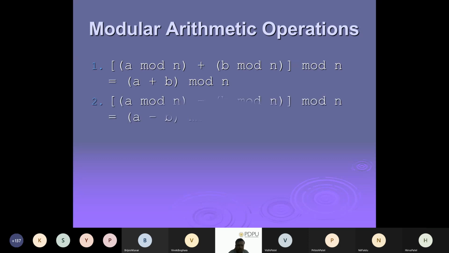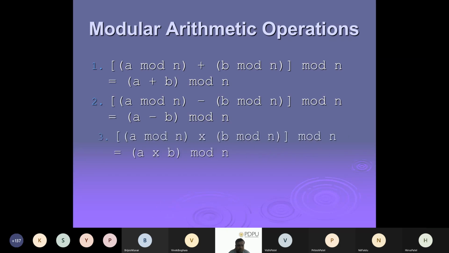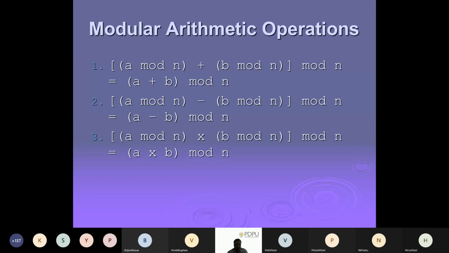Now similarly we can also apply it to negatives, the same as the positive sum. Similarly we can also apply it to multiplication. When you are multiplying two large-digit numbers, your final answer is also a large-digit number, so it might take much more time to multiply and then take the mod. The trick here is to first convert those larger numbers into smaller numbers and then do the mod.